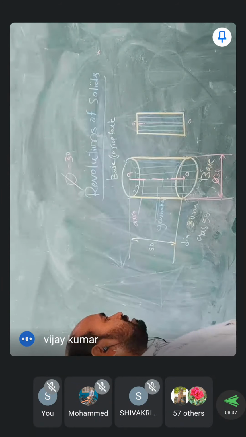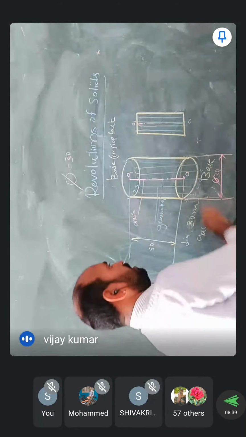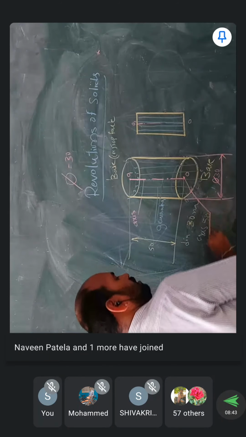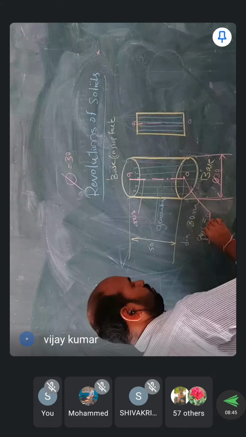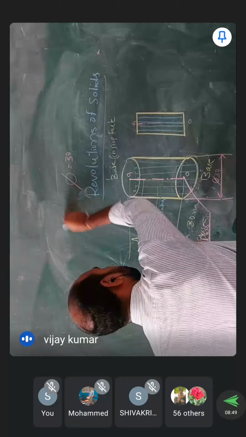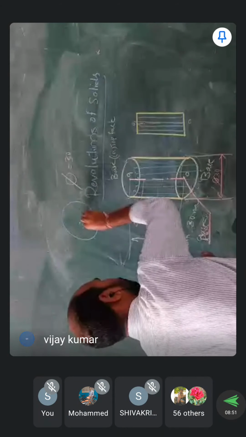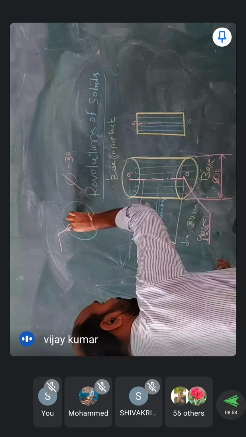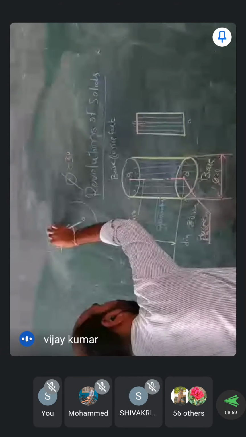In some cases he asks for the radius. If he asks for the radius, you can take only this one, equals 15, from here to here. If you want to represent it on a circular shape, from here this is the O. If you want to draw the R, it is like this. From here to here only the arrow mark should be indicated. R can be written here as 15, which means the radius of the circle is 15.